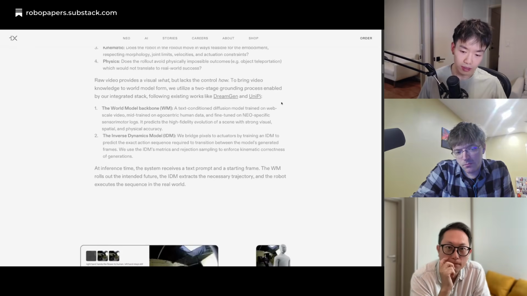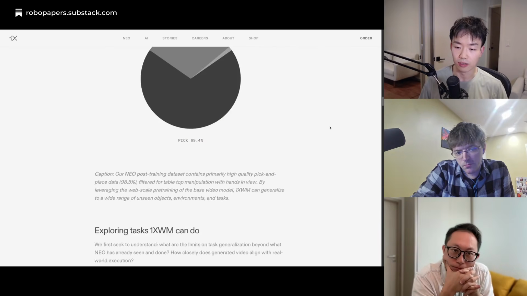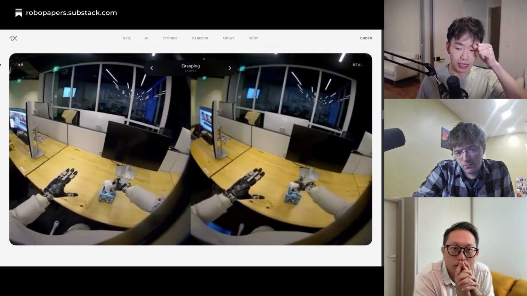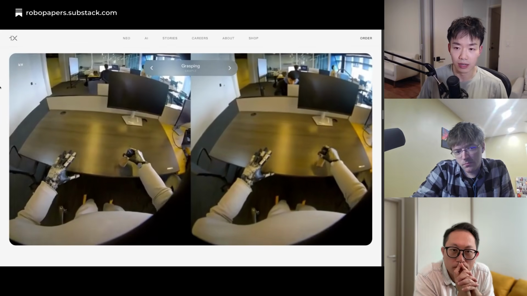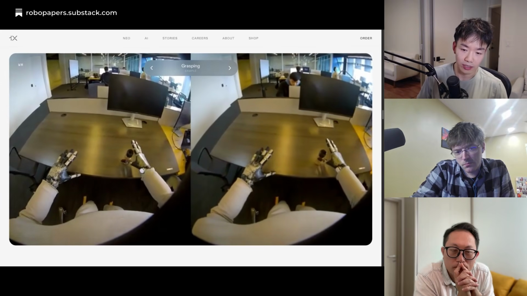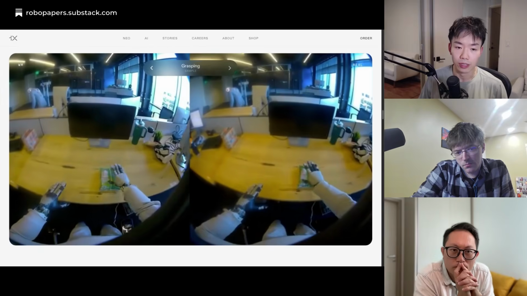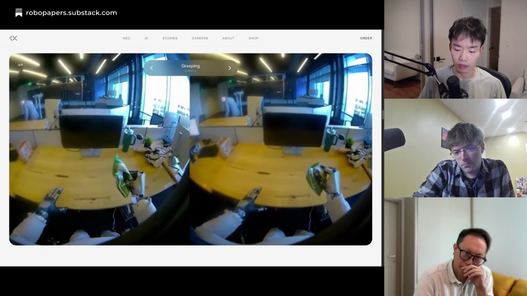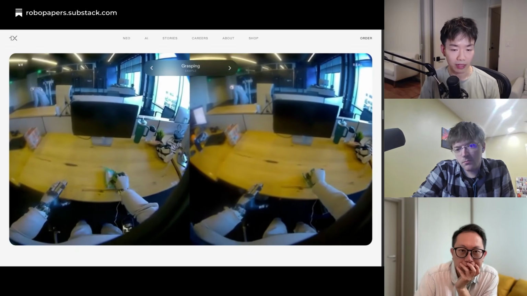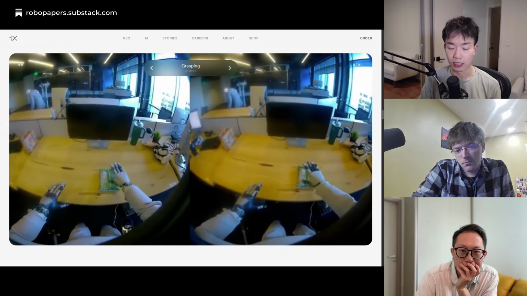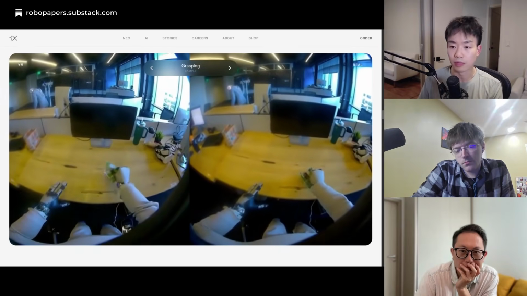Yeah, if we were to go on to the next steps and say what kind of tasks work today, let's look at some of the actual tasks that a robot policy can solve. There are some direct grasping tasks where on the left side here it's the world model generation, and on the right side it's the actual rollout of that generation in the real world. From the starting frame, which is whatever the robot sees, we first imagine what happens next in the scene if I were to grab the bag of chips. From that, I get a sequence of actions that correspond to those video frames, and then I'm able to execute. And that's what you see.